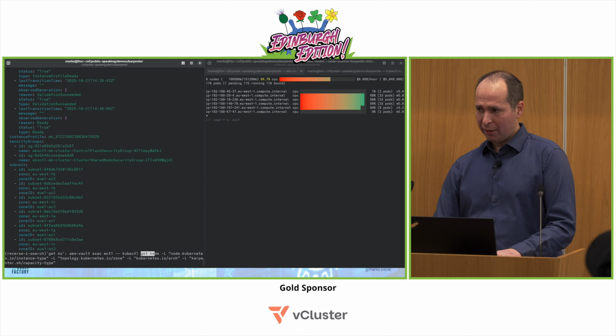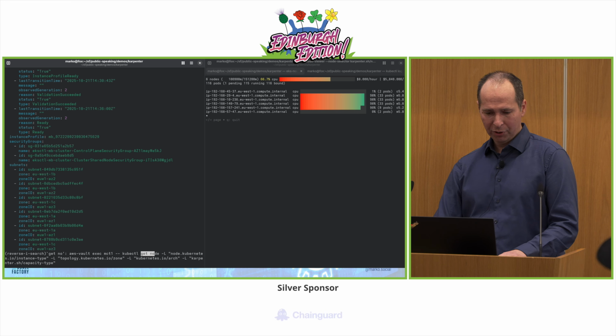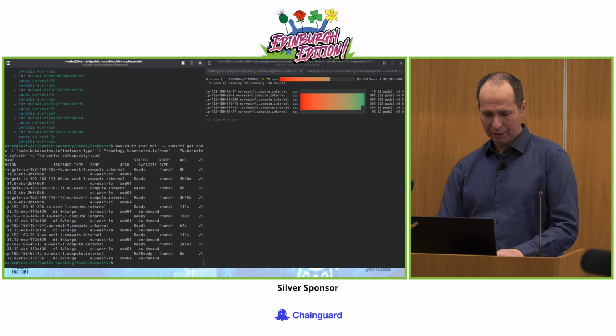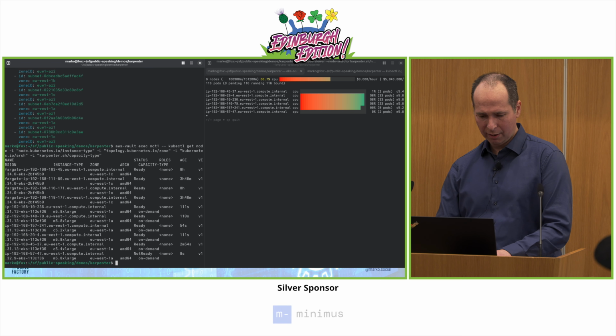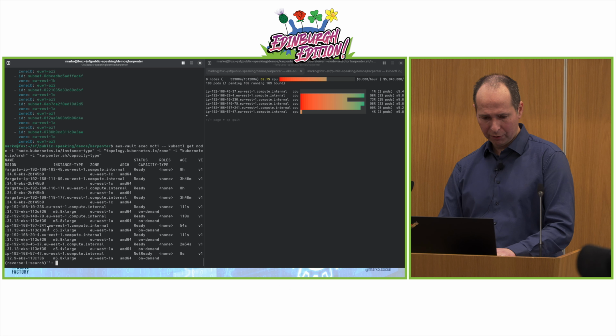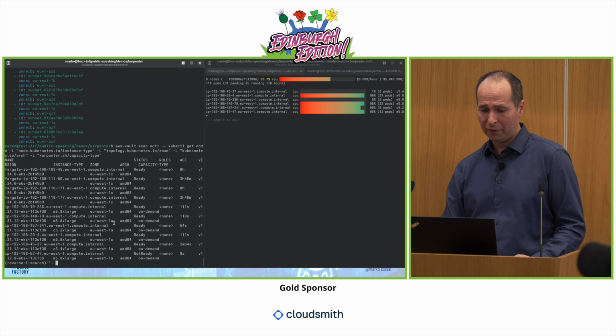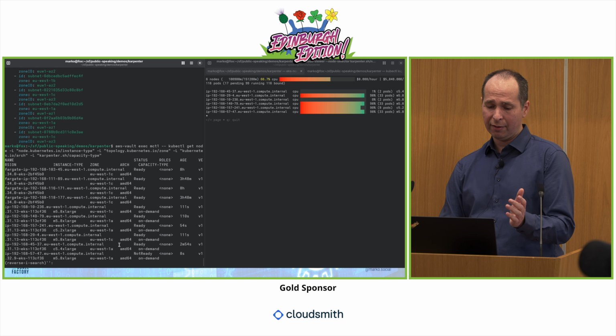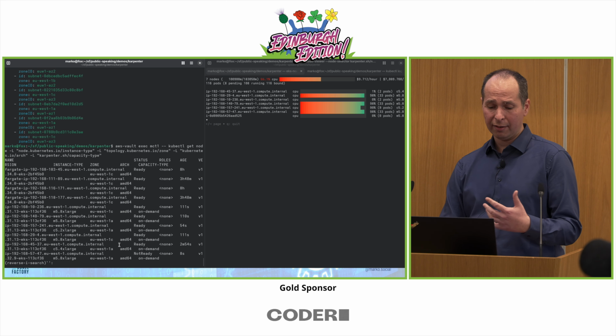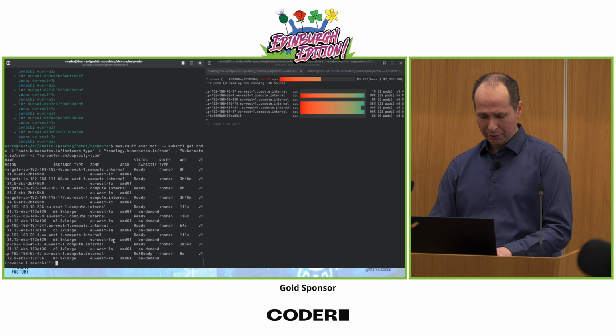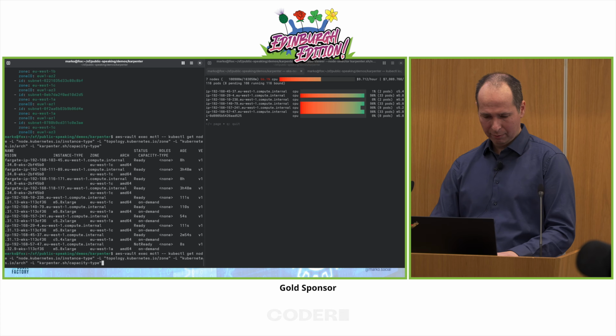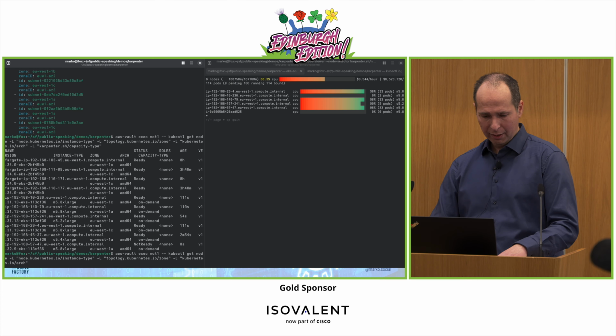Before I jump back to slides, because I am slightly time pressured, I just wanted to show you something else while this is doing its thing. You're going to notice all of those are in A and C, no B, AZ, like I mentioned. But I want to show you something else: it does support